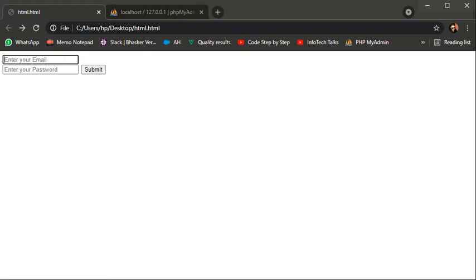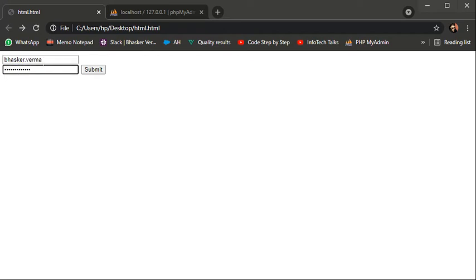First of all, let me tell you how this email text box works. For example, if I don't put the email address in a valid format, it will display a message that your email is invalid. For example, I forgot to enter the at sign and simply entered Bhaskar Verma, and this is my password.